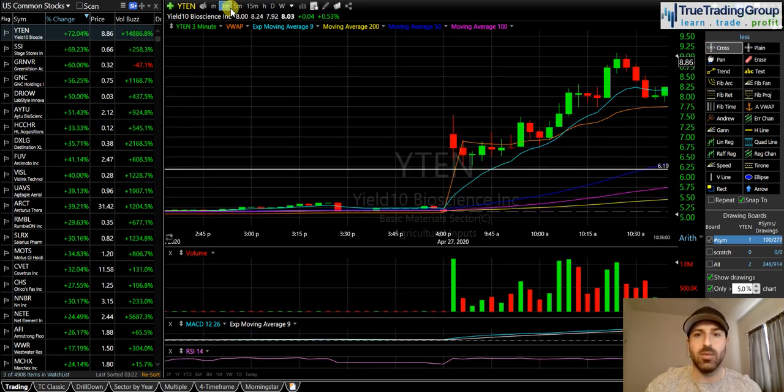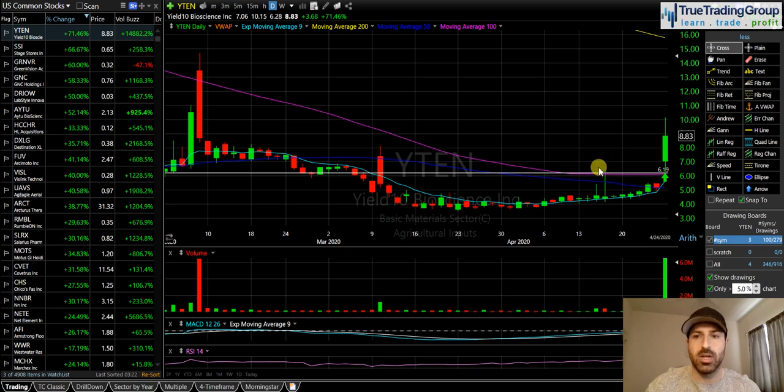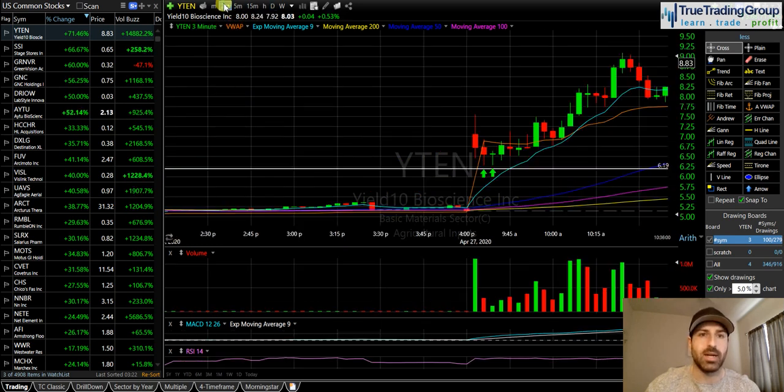back into it. Then when we go to the 3-minute chart intraday, look what happens. We gap up and then we pull back in and look at where we hold support. This is the exact same line. Back to the daily chart. Here's that line across my screen. Back to the 3-minute chart. There's that line across my screen. It's not a coincidence that this is where we found support on that gap up.